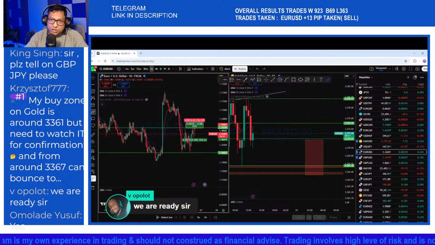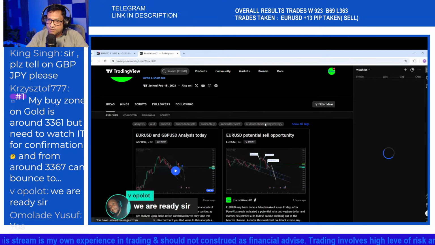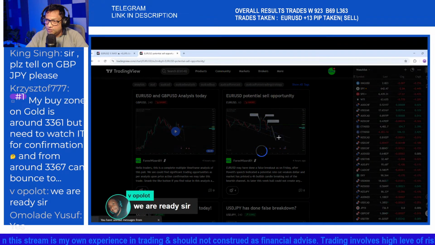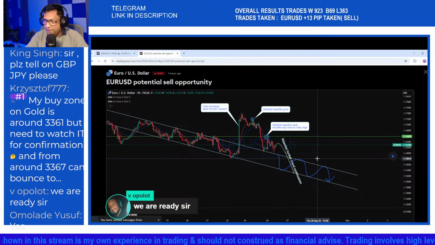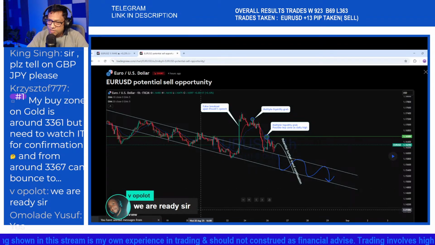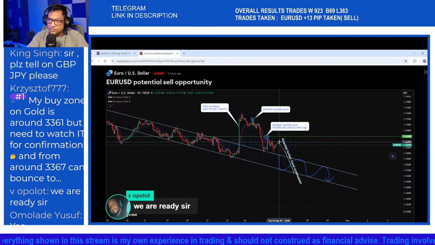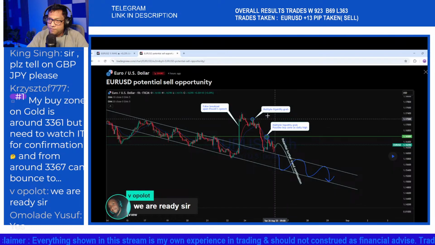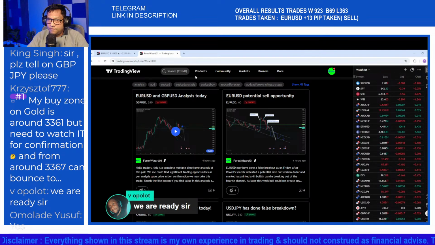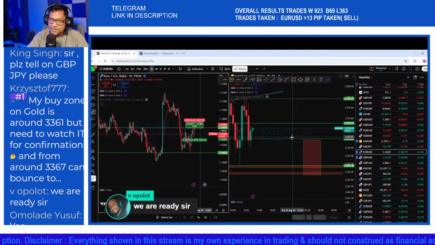And also I have posted analysis on TradingView. For those who are following me on TradingView, you should be able to see that analysis on EUR/USD, and this is what I have discussed in that. If you look at exactly that level that we have entered, a few pips this way and that way. Okay, so this is the analysis: multiple liquidity, possible buys. So that's where we are looking. We have placed that area.